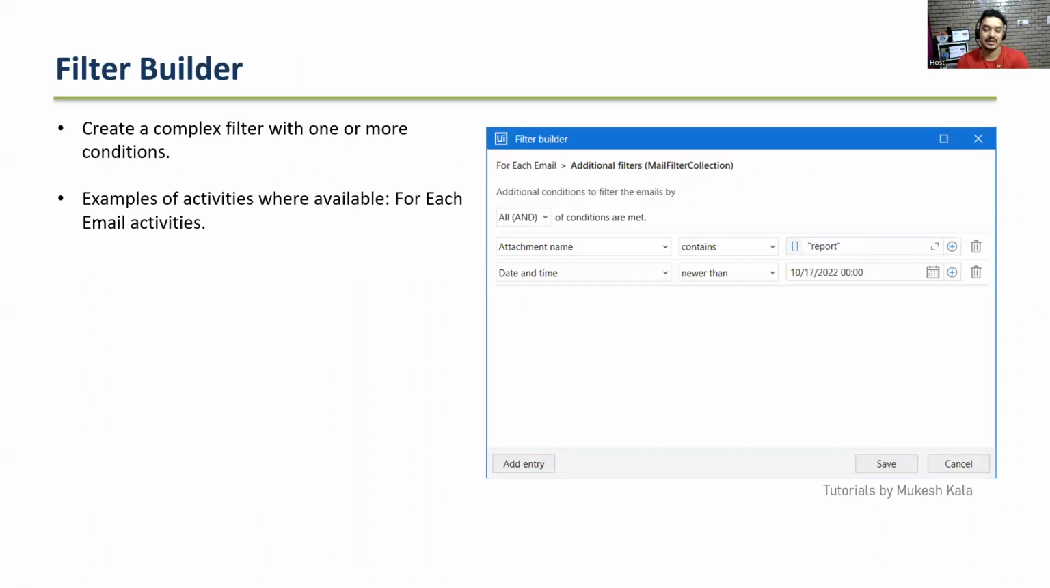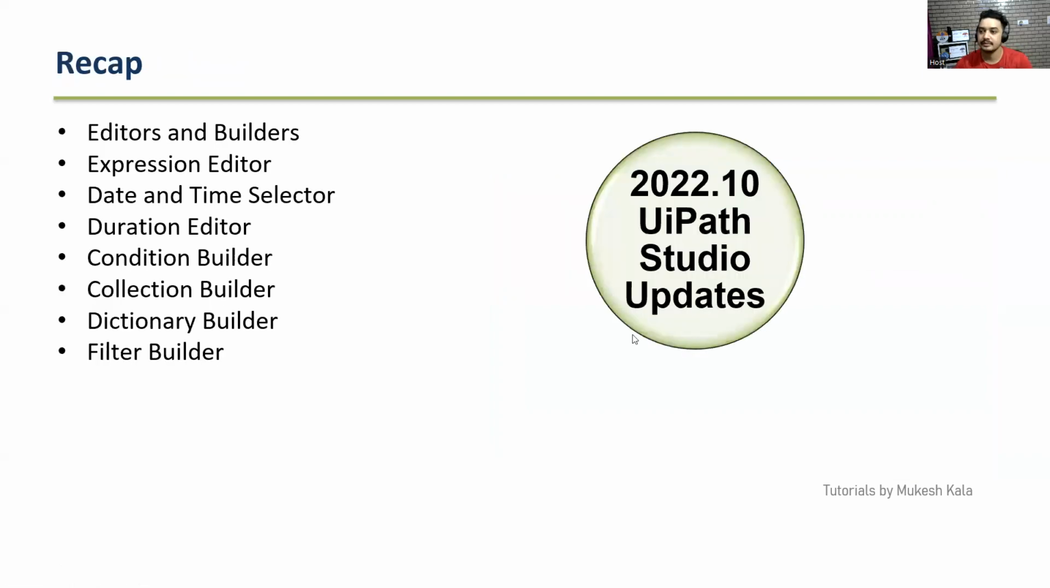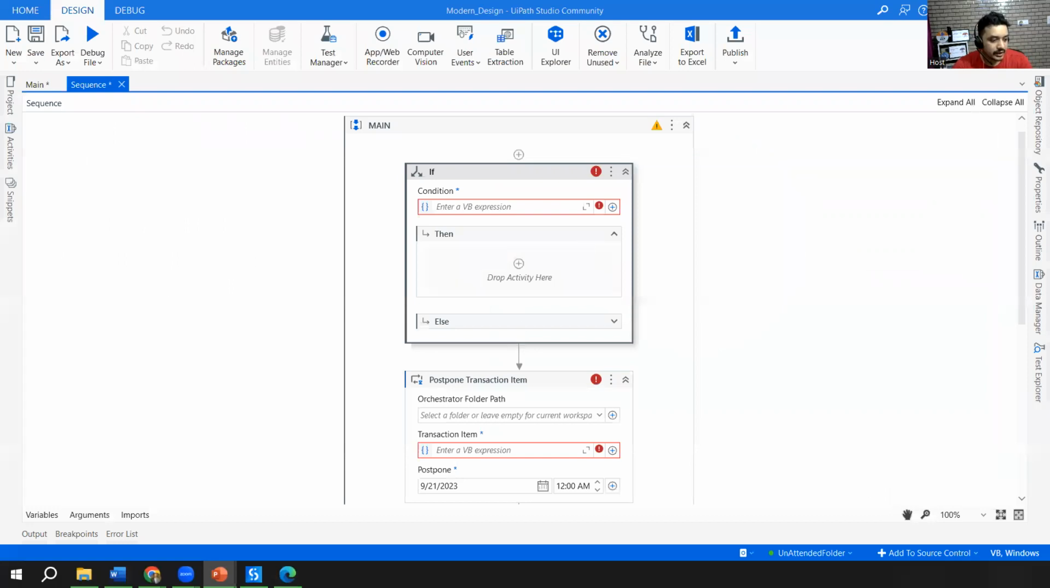Filter builder, right? So let's say you have an email and you are iterating a lot of emails for each activity you are using. Now in the for each, I can use like this, where attachment name is report, date and time is this. No need to write that complete in if statement, go to your UiPath forum, search the syntax and everything. You have all these options embedded directly inside the activities, which is called filters and builders. Okay. So that was